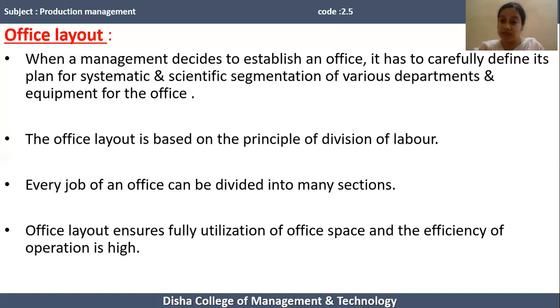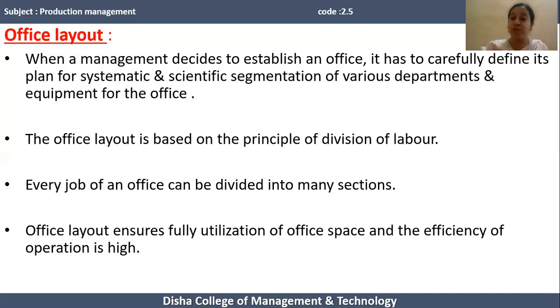The office layout is based on division of labor, which means every job of an office has to be divided into various sections, and various sections may not be located in a particular room. If the manager or superintendent of an office adopts a particular type of layout, then he can arrange everything in a sequential way, and he can identify which section should be located in which area, on which floor,